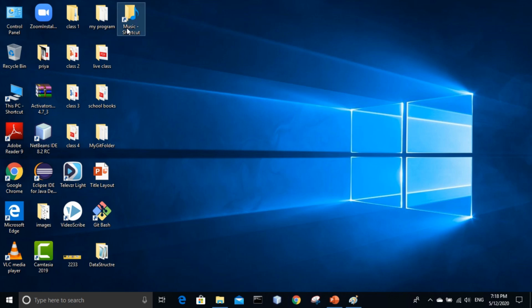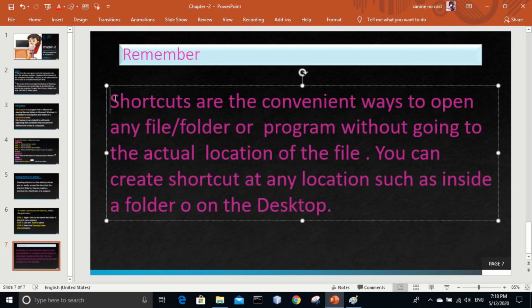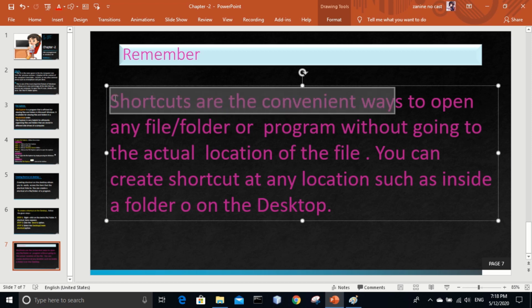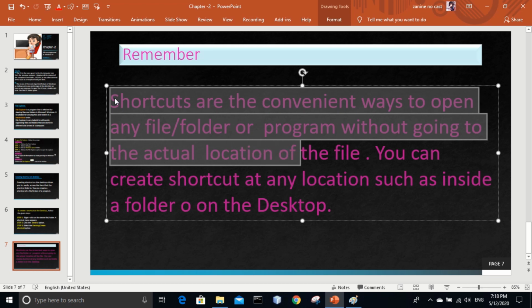Okay, so let's continue with creating a shortcut on the desktop. Again I am reading this, now you will be able to understand. Shortcuts are the convenient ways to open any file or folder or program. We can create a shortcut of any file, any folder or any program without going to the actual location of the file.